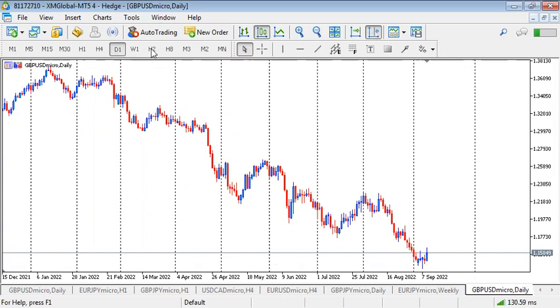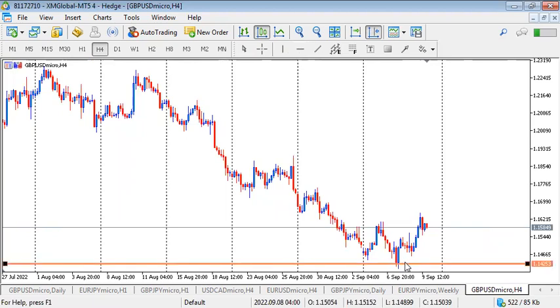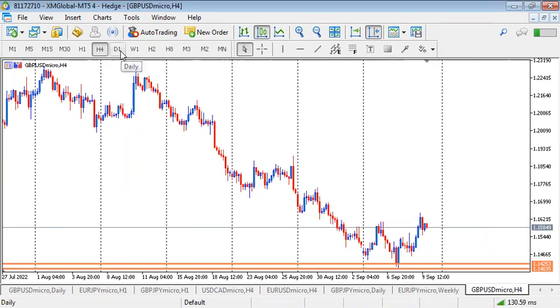So starting on the daily, or better still, the 4-hour. If we draw a horizontal line here, remember we are looking for demand. You have to look for supply or demand before you progress to the next steps. So here you have an apparent demand level, but we need to scroll back in time to see what must have happened at that region to confirm it's a valid